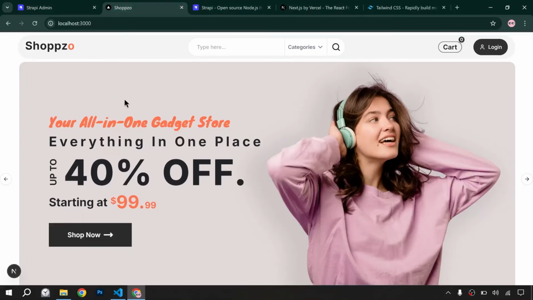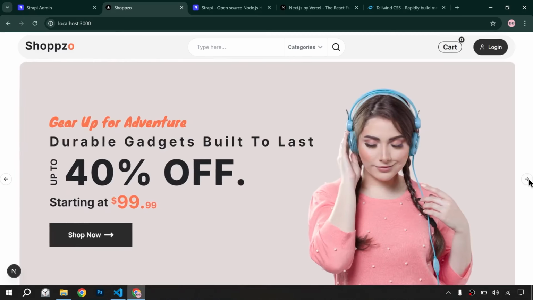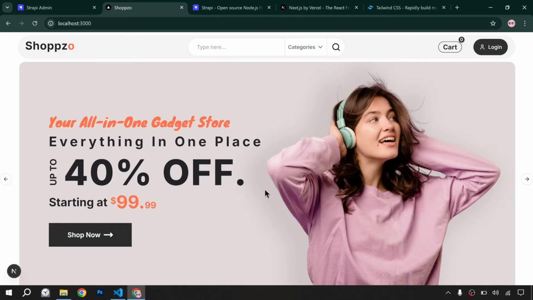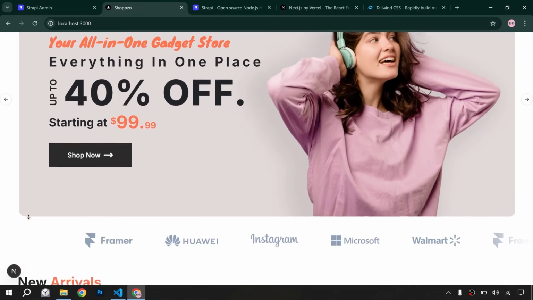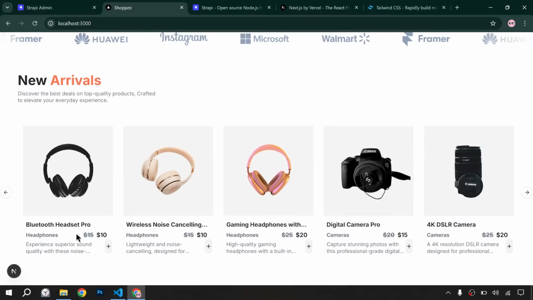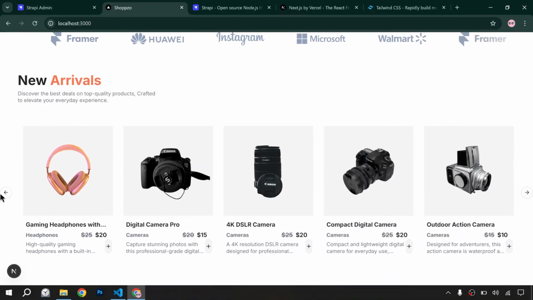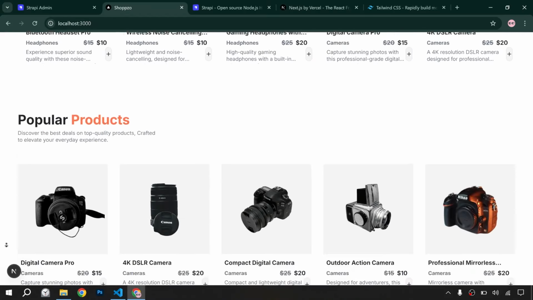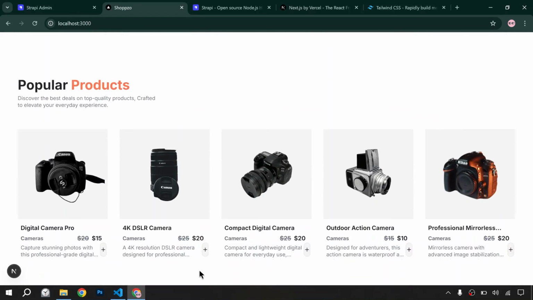let's check our project. So here we have a beautiful hero section with sliders, and after this we have top brands section, and then we have new arrivals section where you can see a very beautiful carousel. So after this new arrivals section, we have popular products section. Here you can display all the products which are popular, and